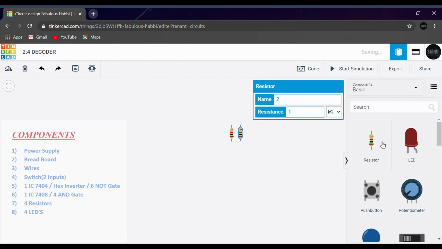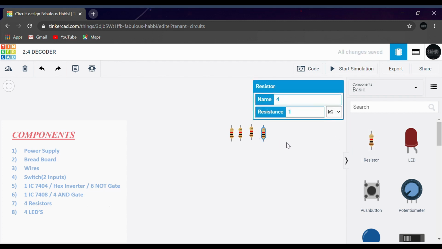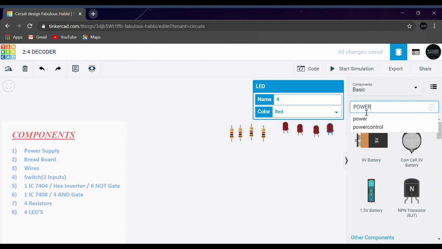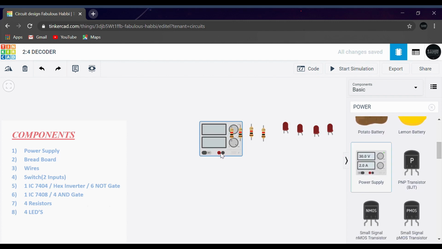I'll first place all the components which are required for our simulation. We took our 4 resistors and we need 4 LEDs. Our LEDs are placed. We need a power supply, so I'll type power in the search box and scroll down to see the power supply.